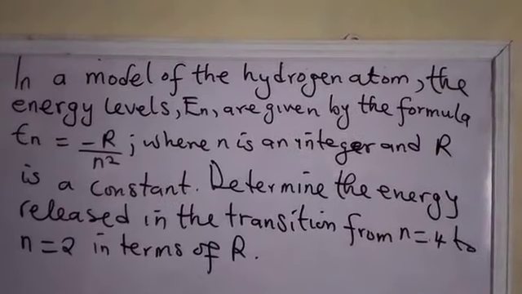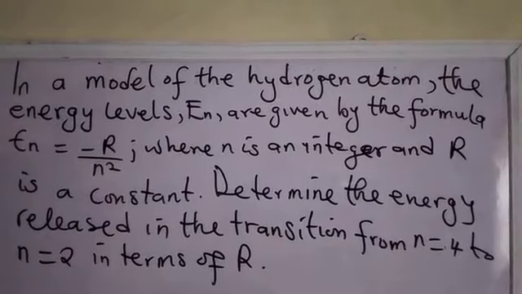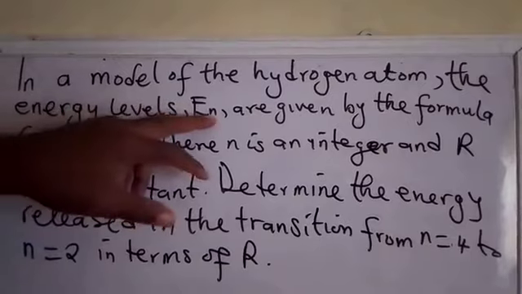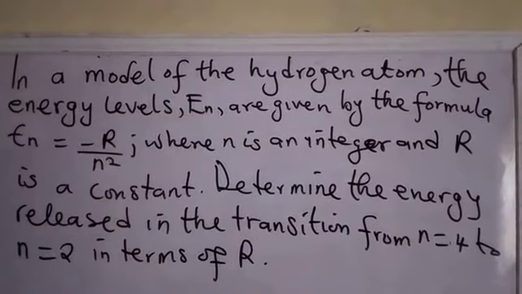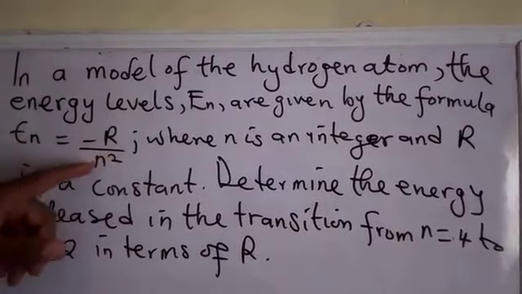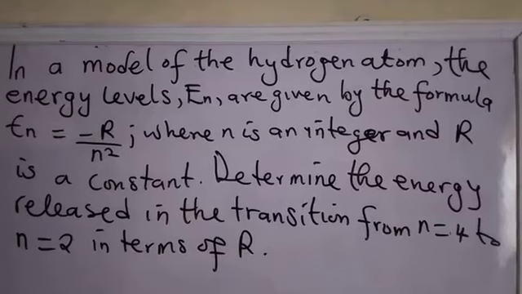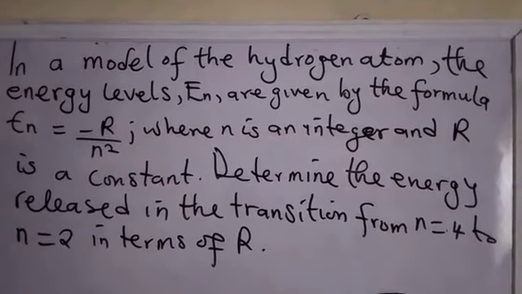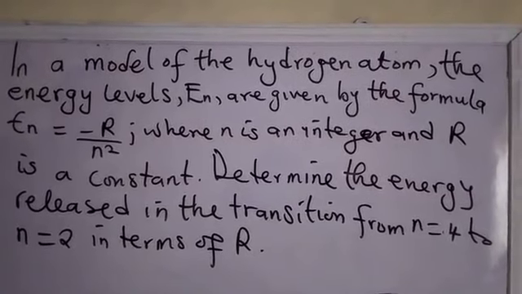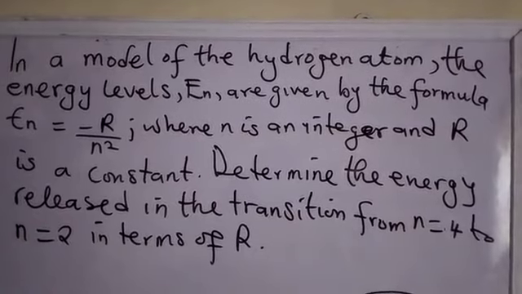Now let's see how we can solve this problem in a very simple way. In a model of the hydrogen atom, the energy levels shown by E subscript n are given by the formula En equal to minus R over n squared, where n is an integer and R is a constant. Determine the energy released in the transition from n equal to 4 to n equal to 2 in terms of